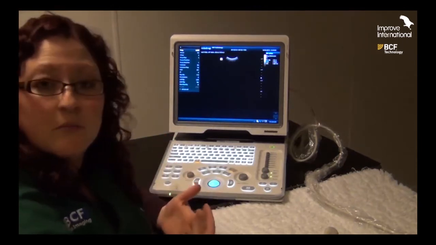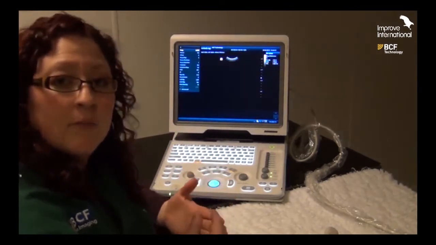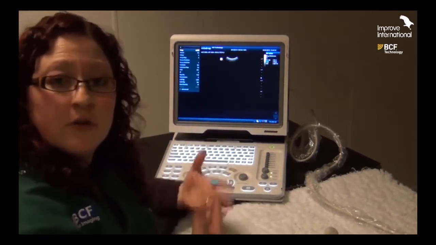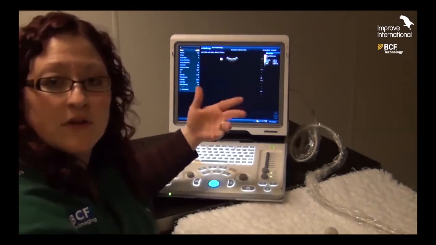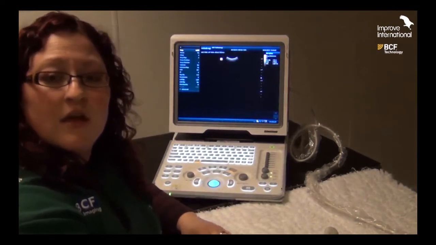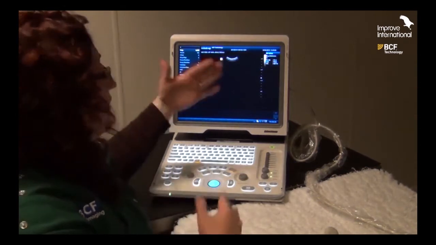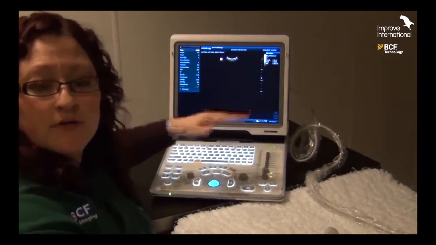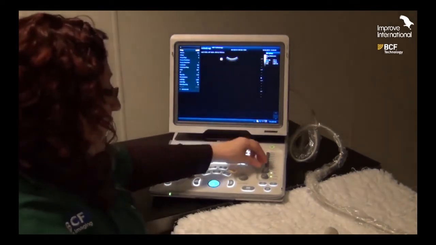So if we're looking at something that is very, very superficial, such as, say, a kidney perhaps, or perhaps a loop of gut, or even the urinary bladder, we will want to use something that is a higher frequency setting. However, if we're looking at an organ such as the liver, which is deeper within the abdominal cavity, then we'll want to use a lower frequency setting. So there's always a trade-off between the clarity of our image and how far the wave is able to penetrate. So on this particular machine, you can alter the frequency